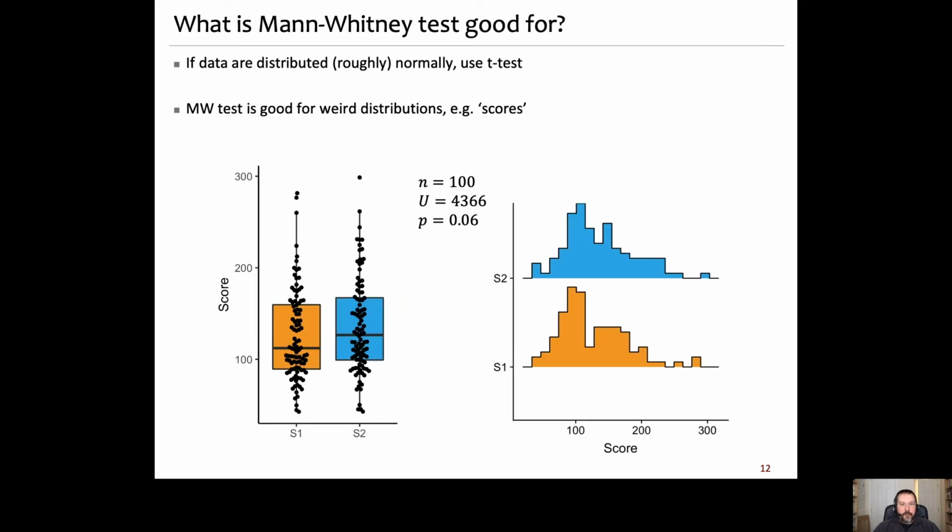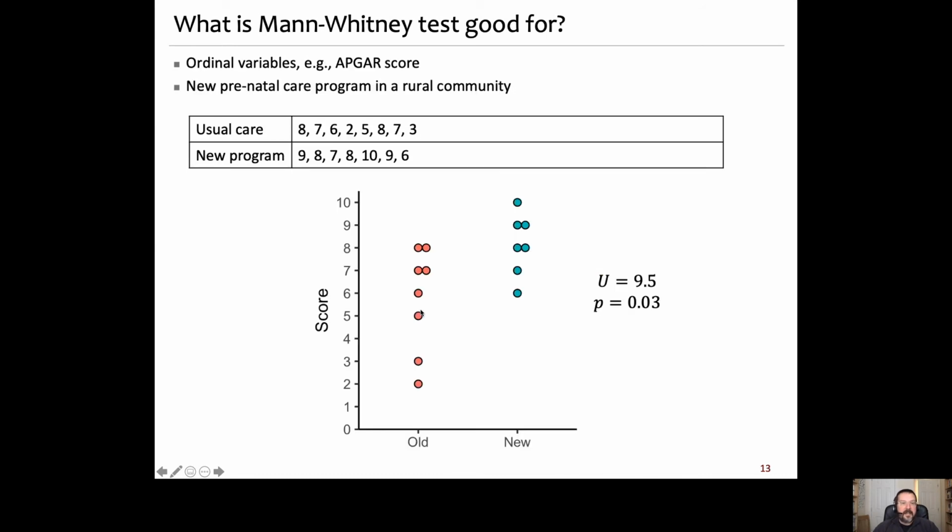Mann-Whitney test is good when you have weirdly distributed data, like some sort of a score. This is a score from a proteomics experiment, and the distribution of these scores, as you can see, is non-normal. There are tails here which are stretched into higher values. Even better, perhaps, Mann-Whitney test is used for human-assigned scores, like the Apgar score, which is used to describe health status